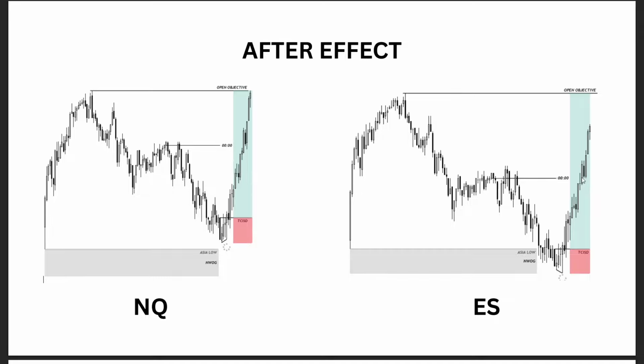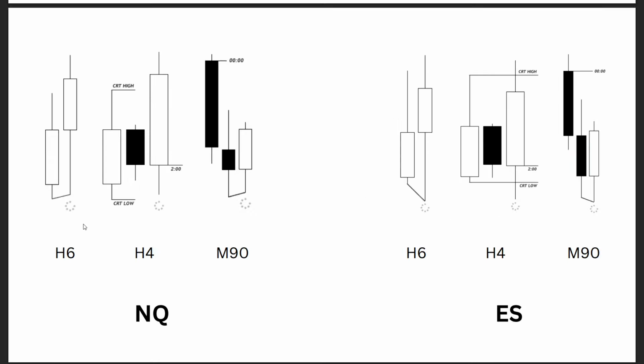And you can see over here, partials were here, and you can see how price formed an order block right at the true opening price over here. And this down close candle and this down close candle right there became the catalyst for price to move higher. And you can see this is the 6-hour time frame. Here we go with the CRT,